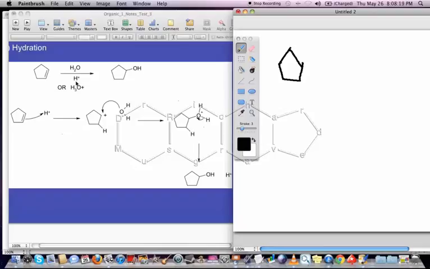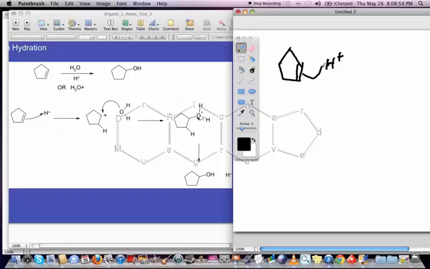The absence of numbers obviously means that we don't have to necessarily start with the H2O. And usually what we notice is that if we've got a choice of two things to start with, always start with the thing that's charged, because that's usually going to be the most reactive species of the two. So if we've got H2O and H+, and we're going to react it with a double bond, we saw this reaction a bit earlier in the mechanism explanation, but what we're doing is we're going to take